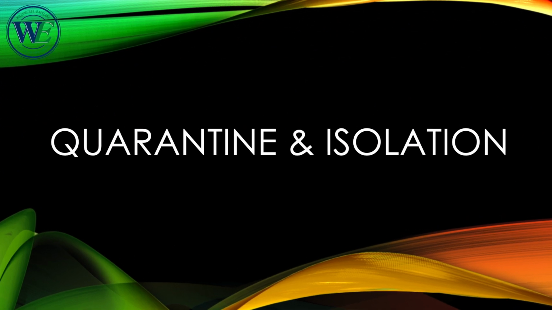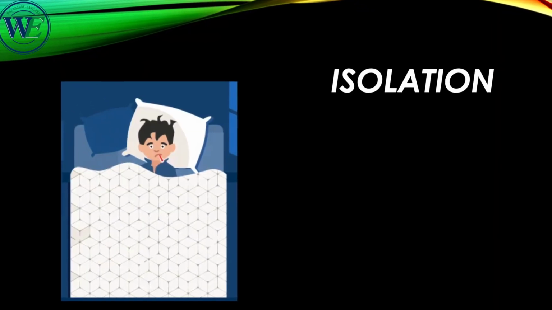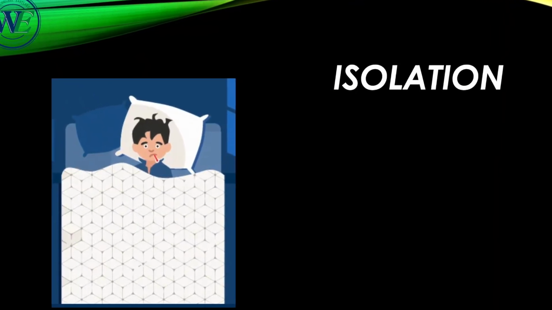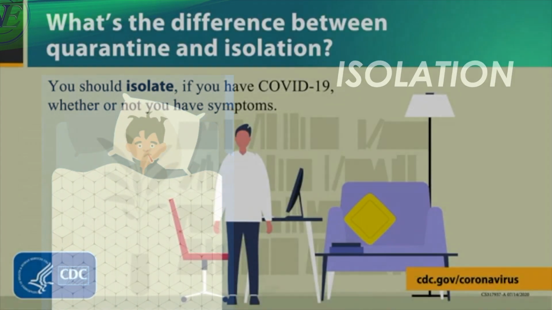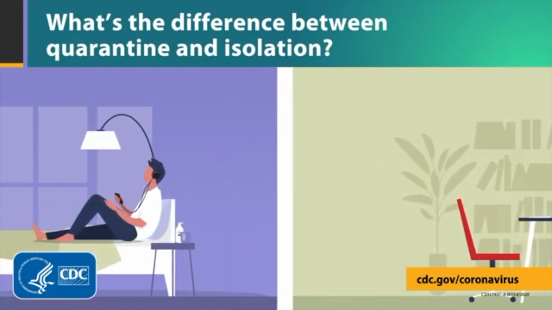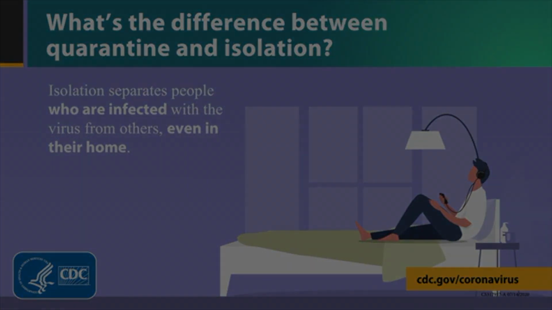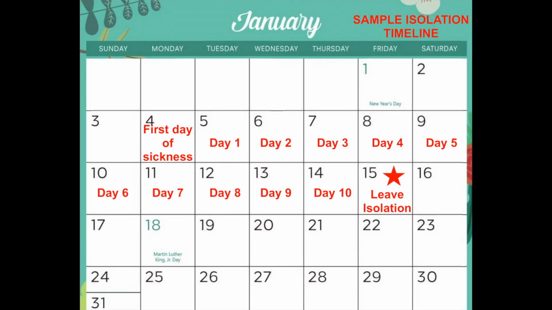We continue to have questions about isolation and quarantines for students and staff, and we would like to clarify the district protocols. We have worked with the health department to develop procedures we have implemented and hope you find this information helpful. Isolation is a term used by the CDC and the health department to refer to the time that a person must be away from others after they have tested positive for COVID.